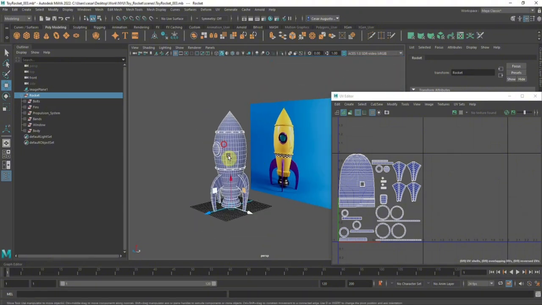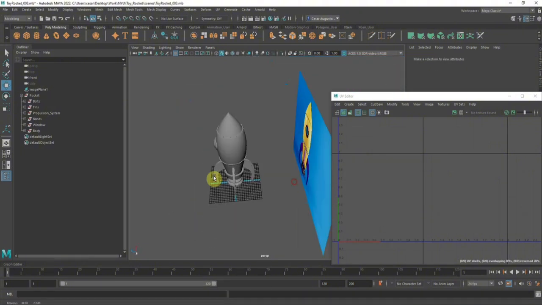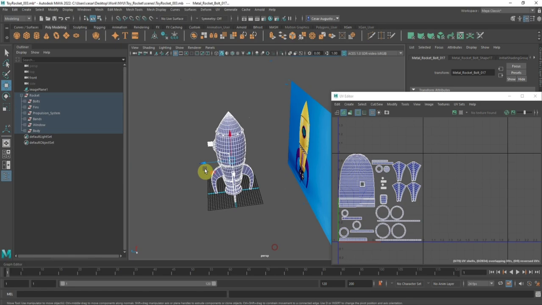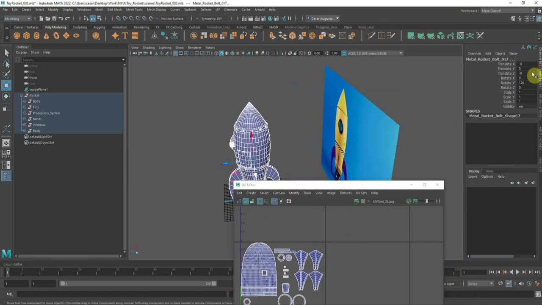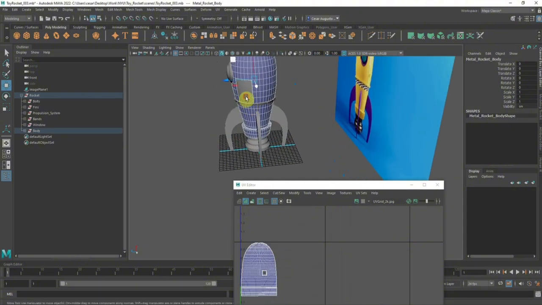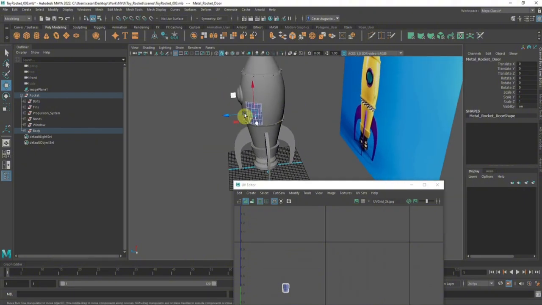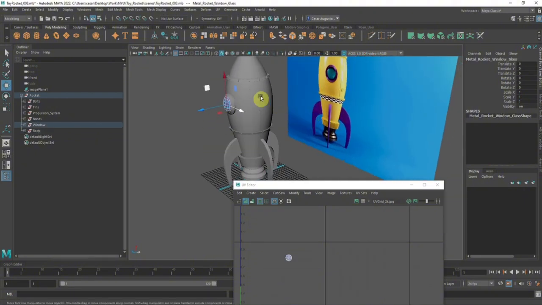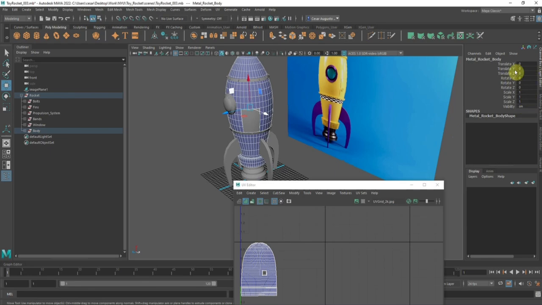All right, so do that, and we're almost done. The last thing we're going to do is select all of this, and we want to make sure that we don't have any information here. There might not be, depends on how much you moved your objects. There might not be that much to move around. But if you ever have any information here, whether it be translation or rotation or your scale isn't one, we want to make sure that we get all of that